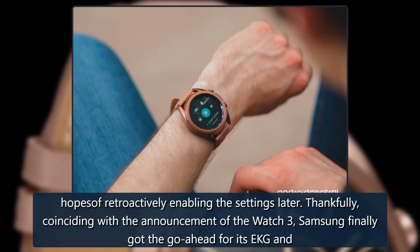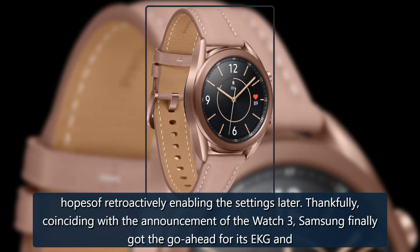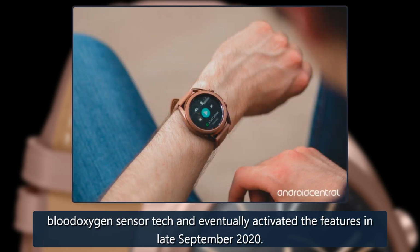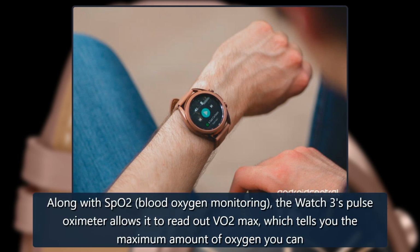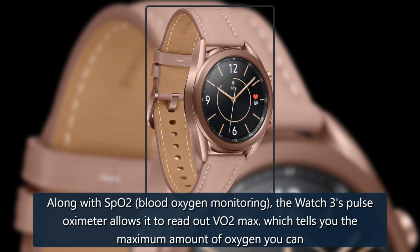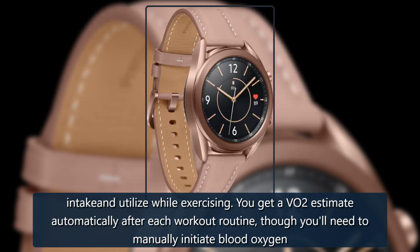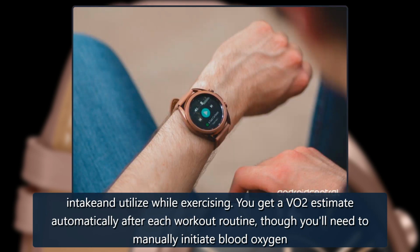Thankfully, coinciding with the announcement of the Watch 3, Samsung finally got the go-ahead for its EKG and blood oxygen sensor tech and eventually activated the features in late September 2020. Along with SpO2 blood oxygen monitoring, the Watch 3's pulse oximeter allows it to read out VO2 max, which tells you the maximum amount of oxygen you can intake and utilize while exercising. You get a VO2 estimate automatically after each workout routine, though you'll need to manually initiate blood oxygen readings through